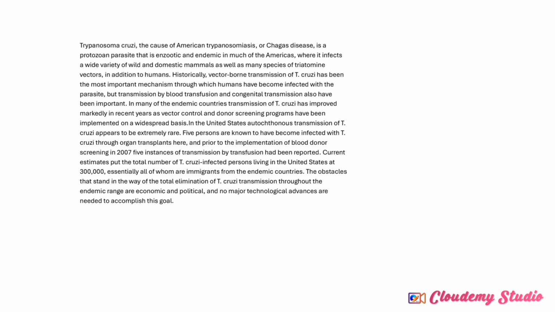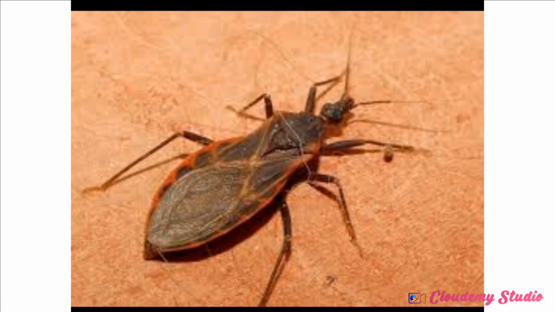Now, this is the insect that causes American trypanosomiasis. This is known as the reduviid or kissing bug or assassin bug. You understand? So that is it on the parasitology